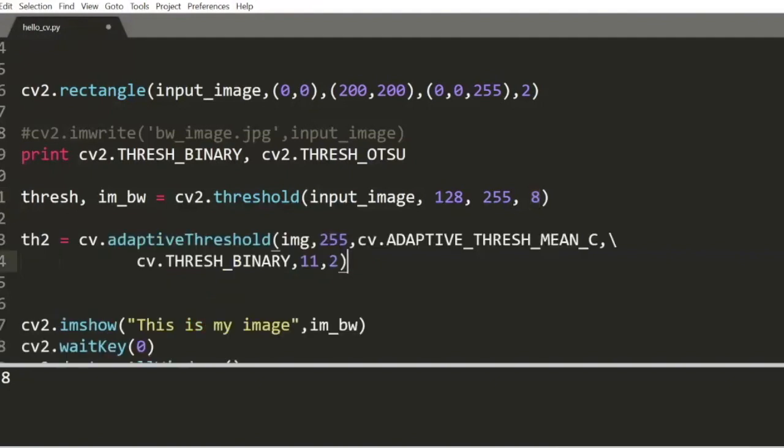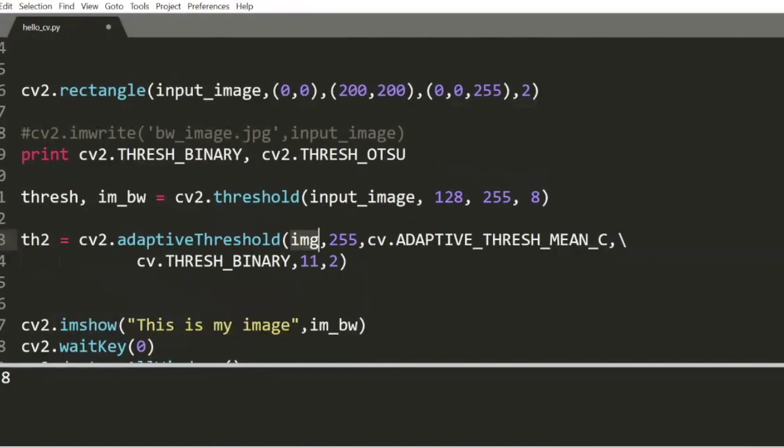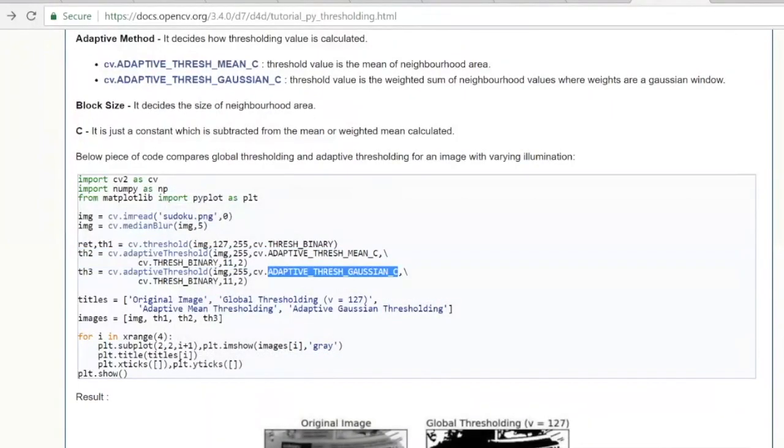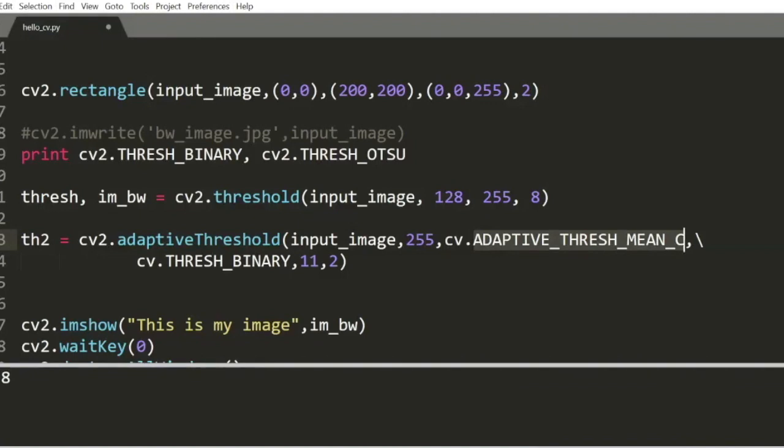We are going to take this, make sure you use cv2. Instead of image, I'm going to say input image. The maximum level is 255. Then we are going to use adaptive threshold mean. There are 2 variations to this. You could either use adaptive threshold mean or you could use adaptive threshold Gaussian. Don't worry too much about those, but those are just two variations of how you could go about doing those averages. And then let's keep the default values of these and we can try changing these and see what happens with our image if we try different numbers over there.